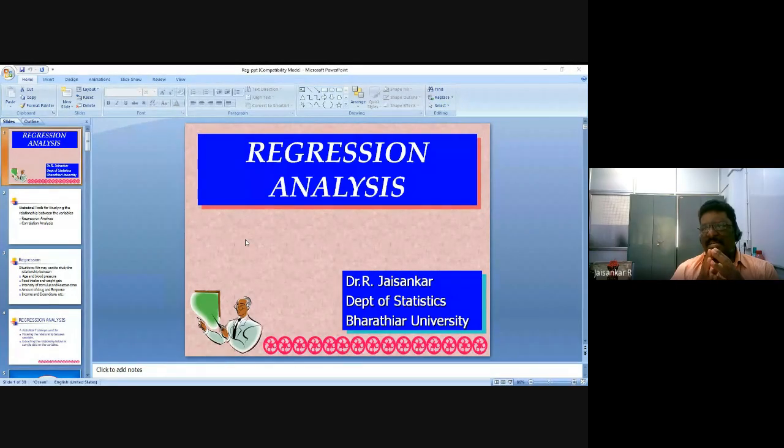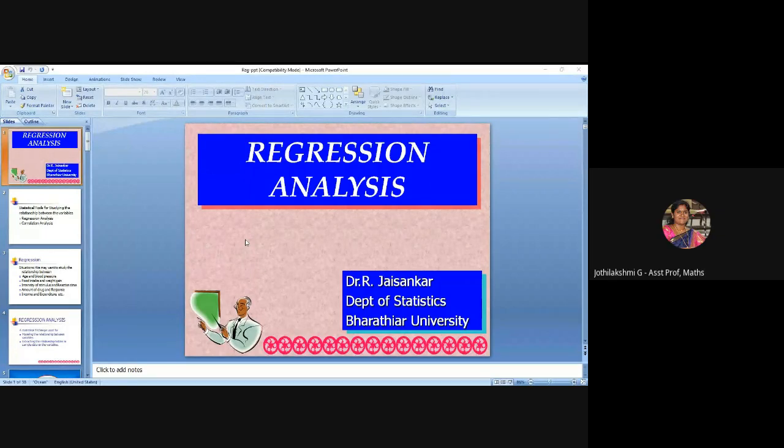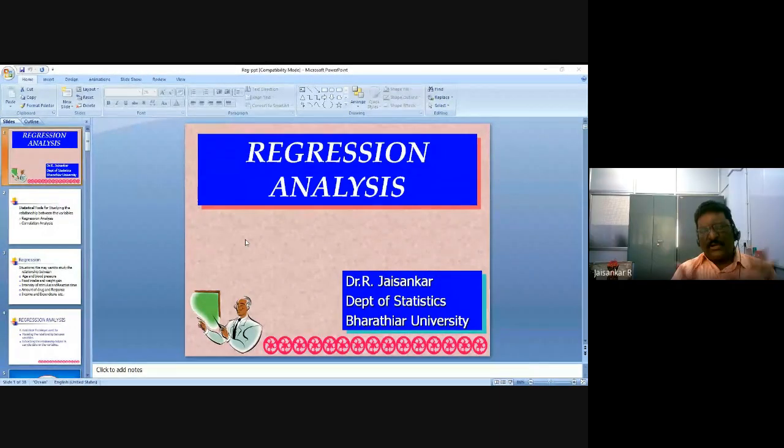Correlation measures only the strength of relationship. So if it is 0, then there is no relationship. It has to be declared. But at the same time, it should have a bivariate distribution. So when we take simple correlation, it should be arising from a bivariate distribution. If you can't understand, both should be random variables and both will occur together. For example, straw yield and paddy yield, like that, both should be random variables. Height and weight of persons from a sample, like that. If it is 0, then there is no correlation at all. So you have to mention that there is no correlation between these two things. That is the only possibility.